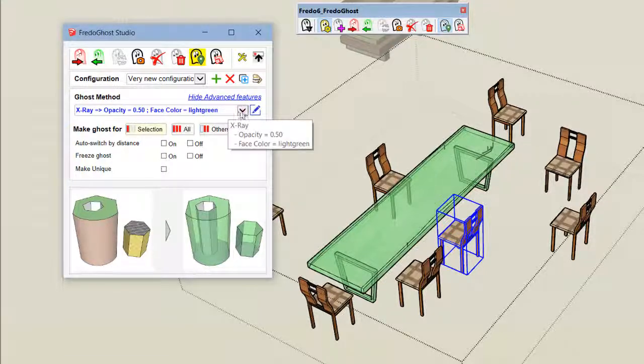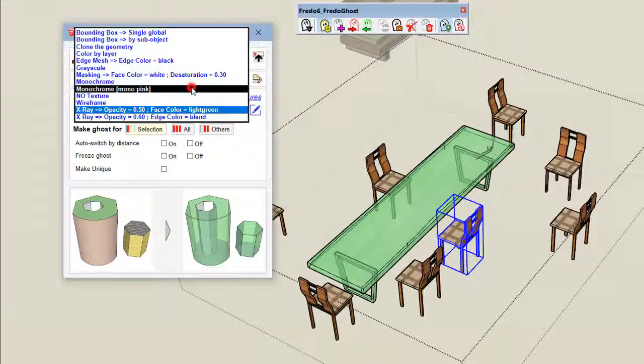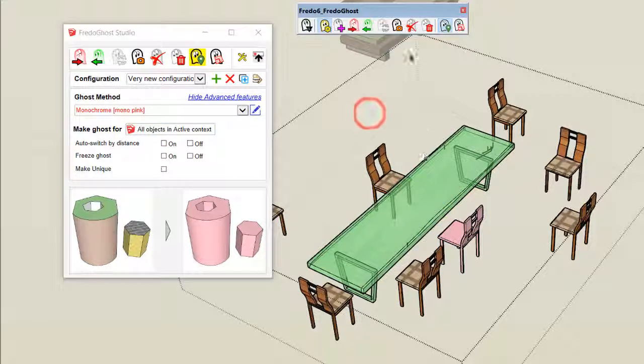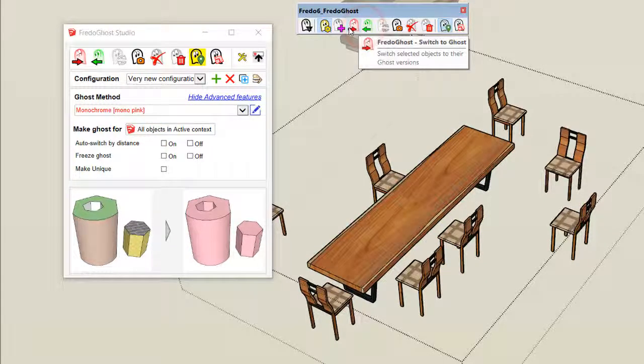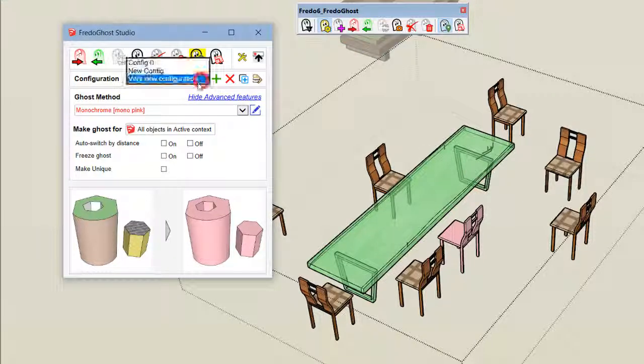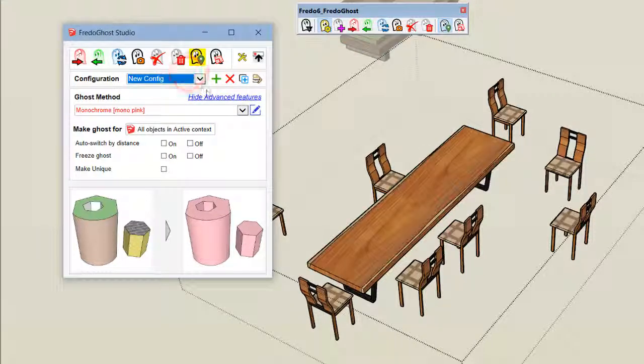If I convert the chair to pink, you see that I am in this autonomous configuration. If I go back to new config, only the table is ghosted. If I go back to config 0, the 3 chairs and the table are ghosted.